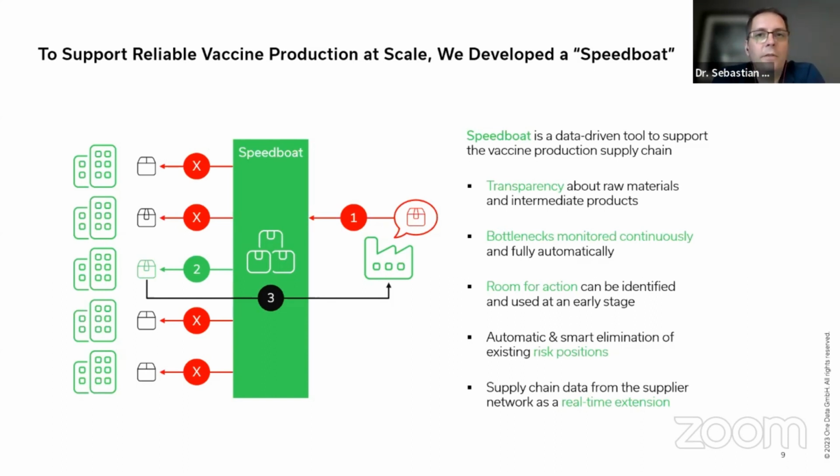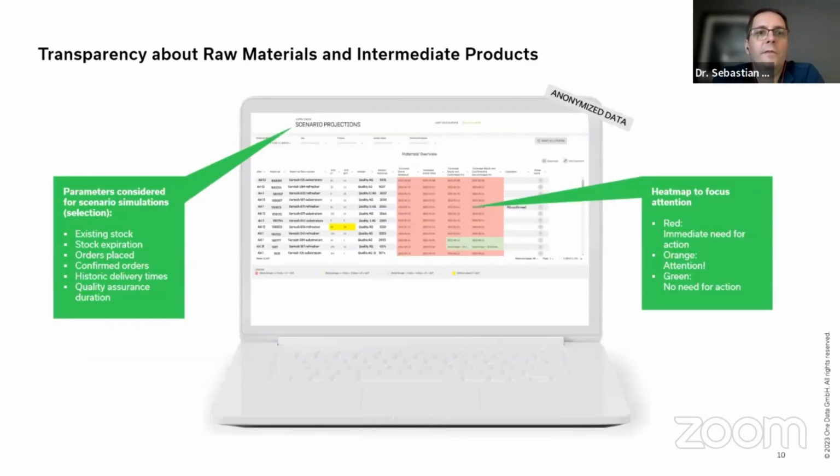So I'm going to show these to you in a bit more detail now, what that looks like. So first of all, this is what the transparency about the raw materials looks like. Essentially what you're doing is you look at the stock levels of the various supplies, and then you run simulations under various parameters. So you know the existing stock, you know when it expires, you know how many orders you've already placed, you know the delivery times,